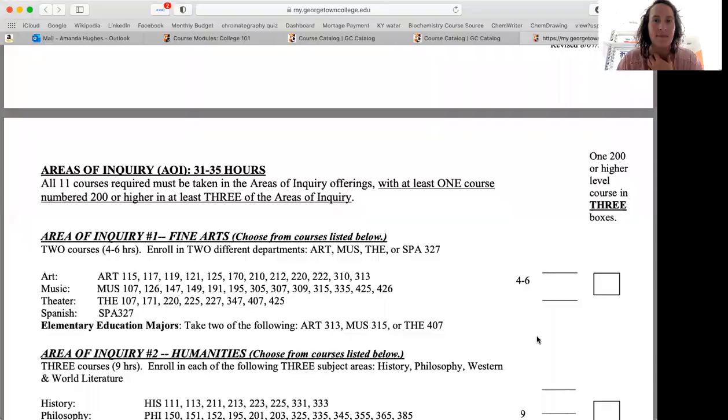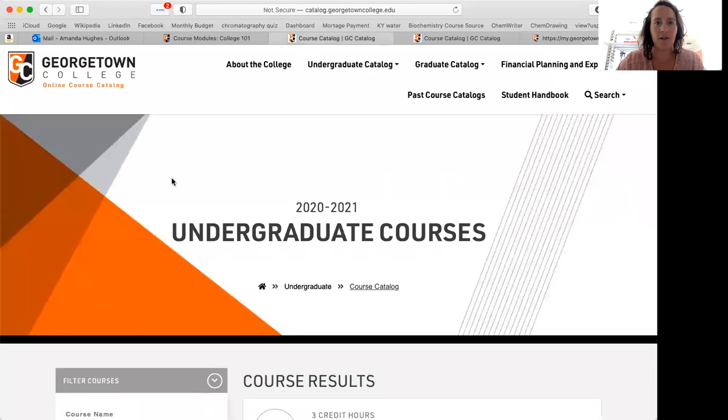I'm going to flip right here in this book super quick. So when you go into the course catalog, and I'll link you to the online version, let's just do that instead of holding this paper one. So let's share my screen again. Sorry. Share screen, let's do this. Okay, so if you go to the course catalog, and I'll put a link up on the quiz for this,